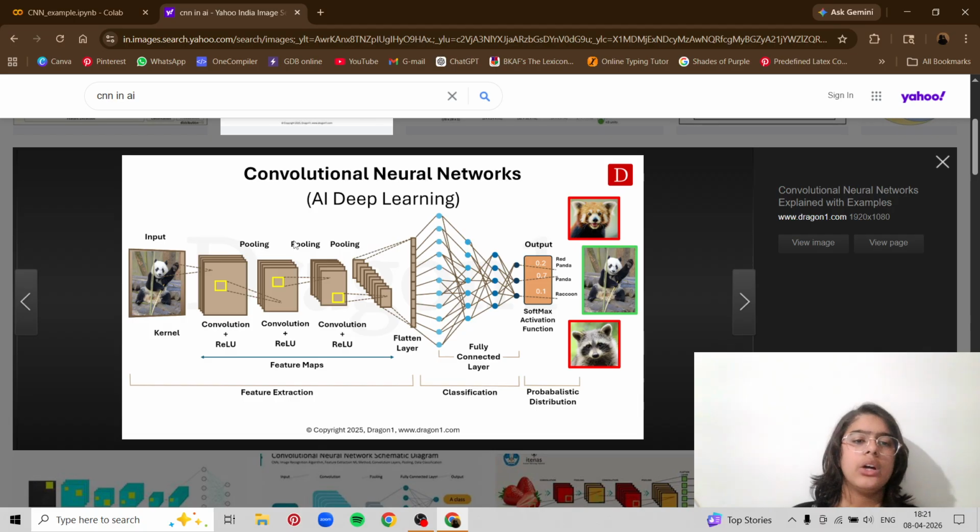Next, we have pooling. Now, what is pooling? An image can be of any size, like it can be really big or it can be really small. If I have an image of a panda, then I don't need such a big image. I just need a small image to identify if this is a panda or if this is a raccoon. But if I have an image of a person and I want to know the features of their face, or I want a perfect image, or there are three persons that I'm comparing, then I might need a larger image. So what pooling does is it minimizes the size of the image.